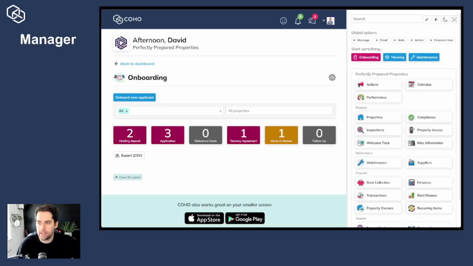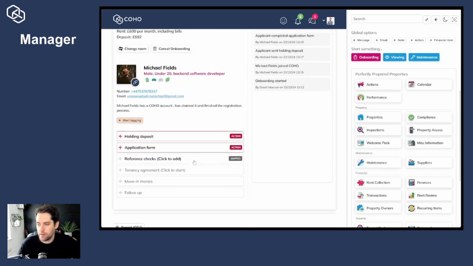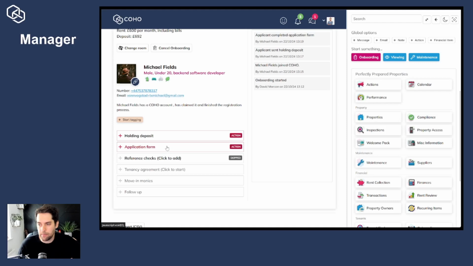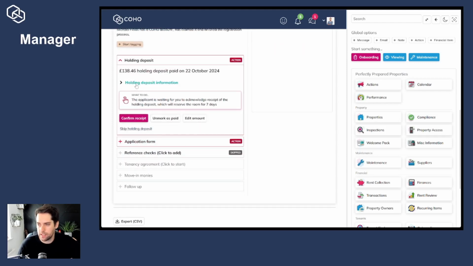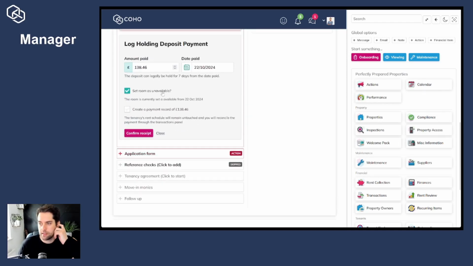We're now going to go back to the manager's side where we can see that now there is an action to complete because the holding deposit and the application form have now been completed. If we click into this, we can see what has happened. At this point, we would check in our bank account and ensure that the payment's there, and we can then confirm receipt of this deposit. We will use this opportunity to set the room as unavailable, and we will create a payment record of